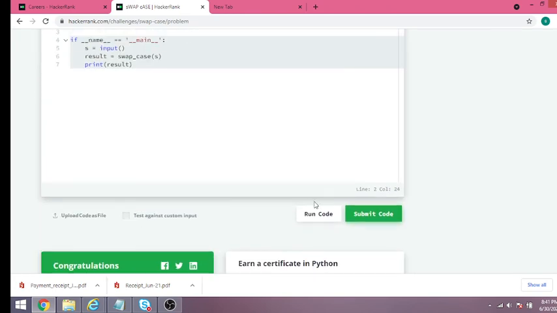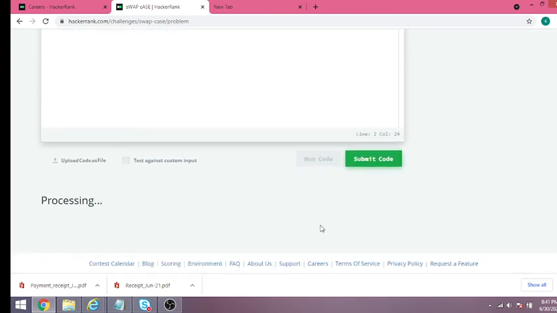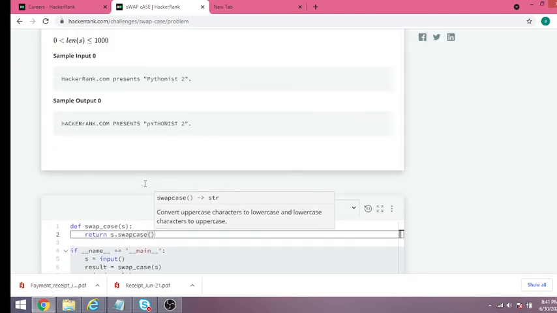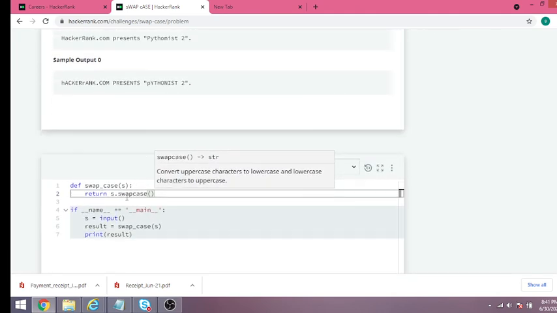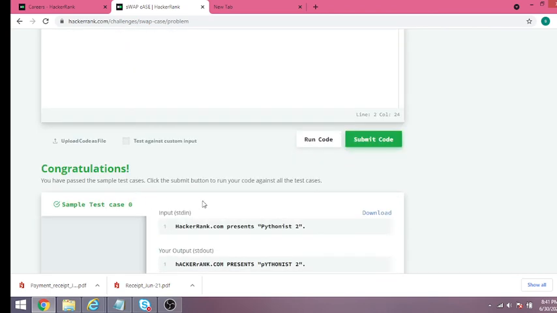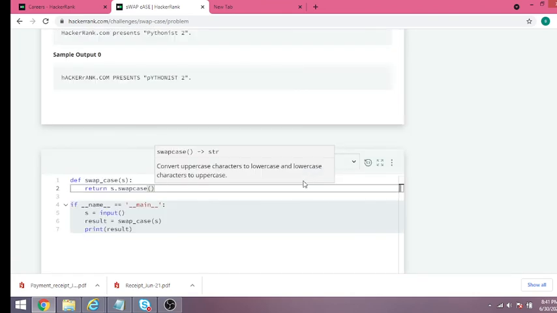And I just run it. It is passed. This is very simple. Only one function, swap case, was used, and it's just returned. It got the result and it got printed. You can execute the submit code also and see the result.